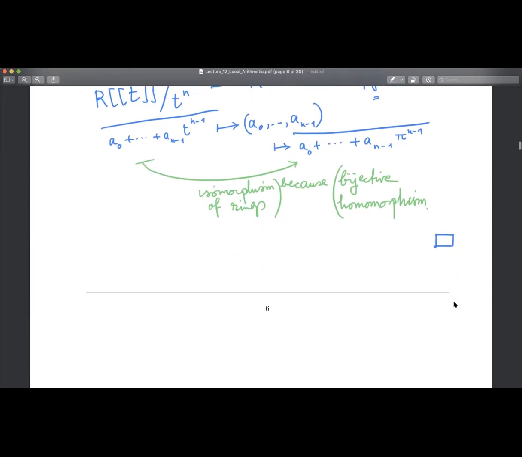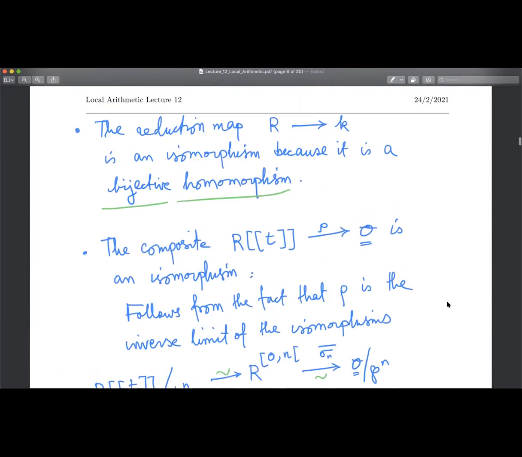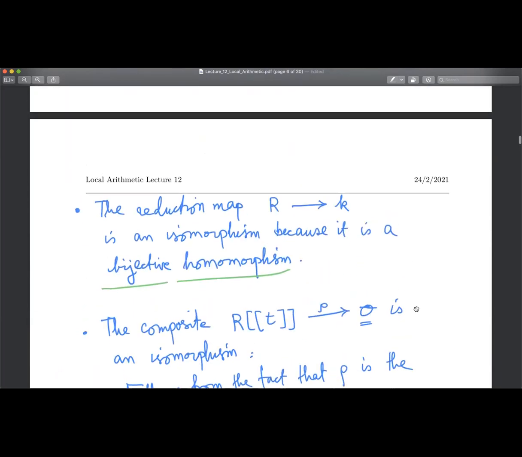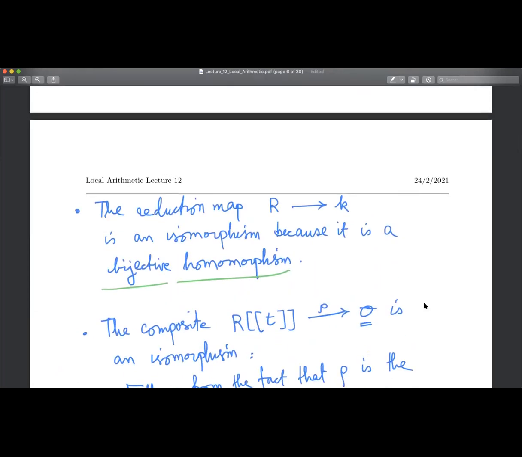Okay, so this was not very difficult. Now, the upshot of what we have done till now is that if I have a P-adic field K, and if that K has characteristic P,